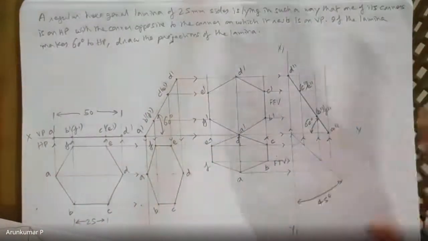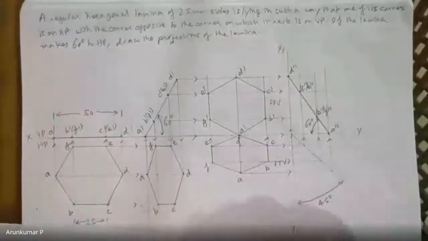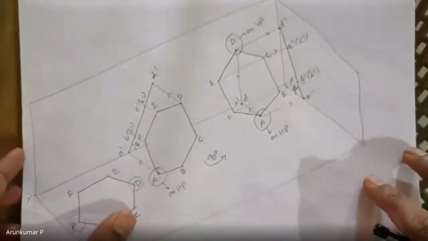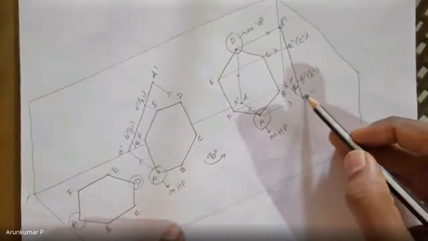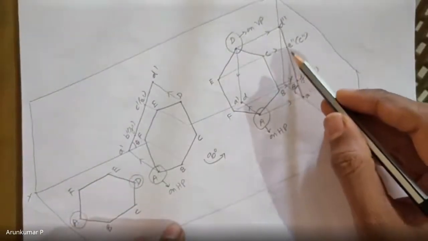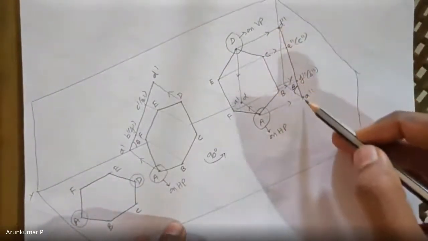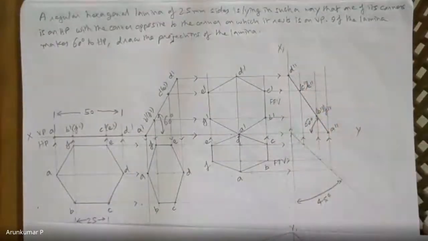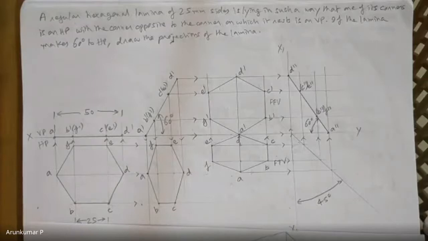So this is, and if you want to compare it with the 3D, then you can see here A double dash, D double dash, you can see this line, and you can see this. So this is how you need to draw the side view in case it is asked. Okay.